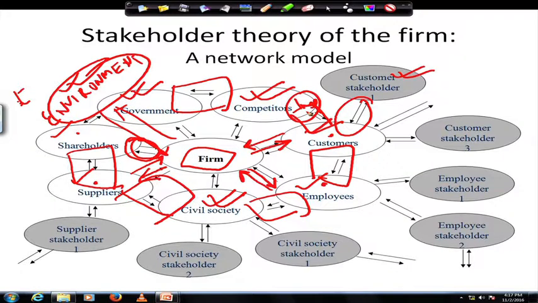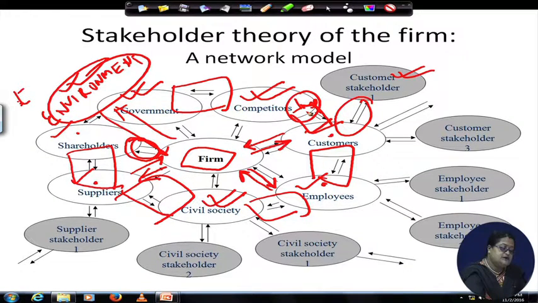The government, the civil society, the society at large, and the environment, and you see the interconnectivity between these stakeholders, and also the stakeholder to that stakeholder is also a part of your, it becomes a part of your stakeholder, and this